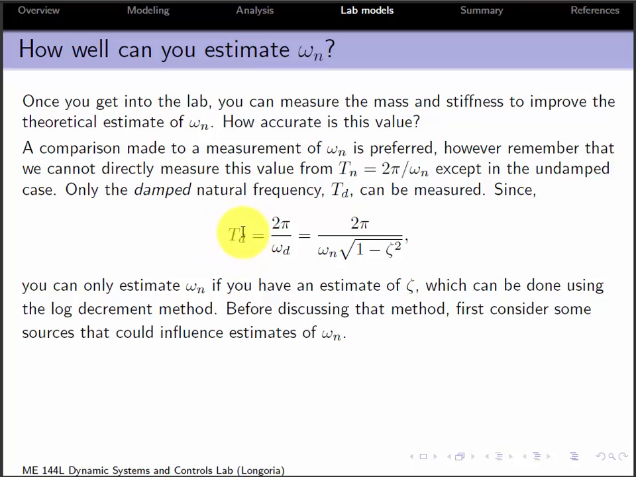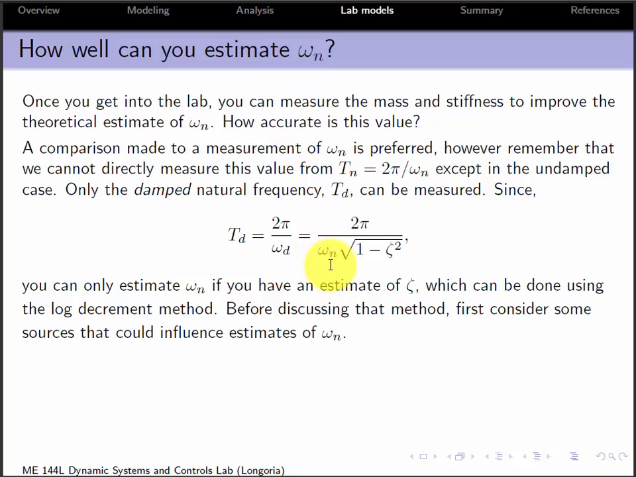And the thing to recognize here is you can measure this from your signal, because that's in reality what you have. You're trying to find the natural frequency, so you have to measure damping, and that's what we're going to talk about shortly. How do I measure this zeta value? I'm going to show you a method for doing that. So you can only estimate omega n if you have an estimate of zeta, which can be done by using the log-decrement method. So you can see the combination of methods that you have to use in order to finalize your estimates for these parameters. Once you get an estimate for omega n, then you can compare it to your theoretical value,